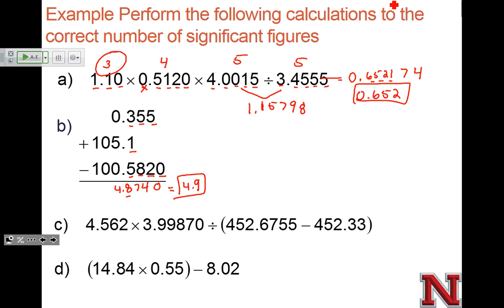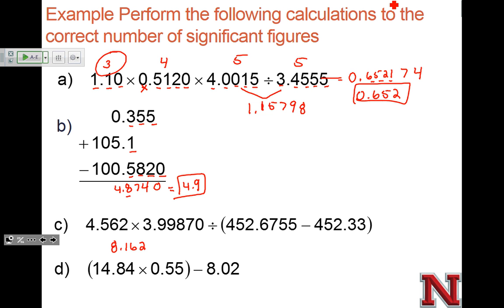And we're going to do this one. You're going to work on this one later because I'm going to do the other example with the iClicker question, which is a lot like C. So looking at D, we're going to do what's in parentheses first. So 14.84 times 0.55